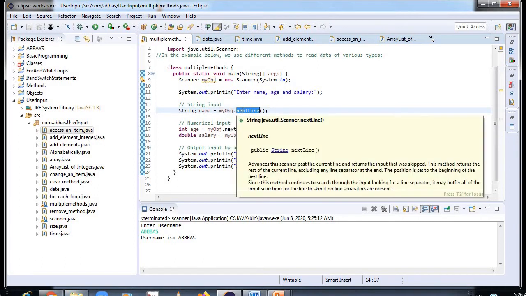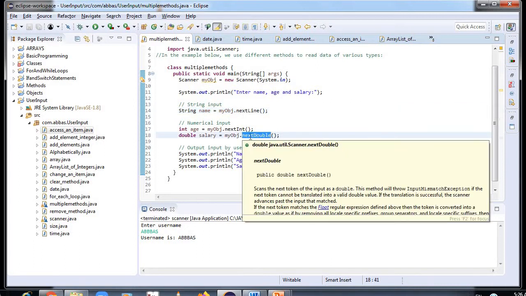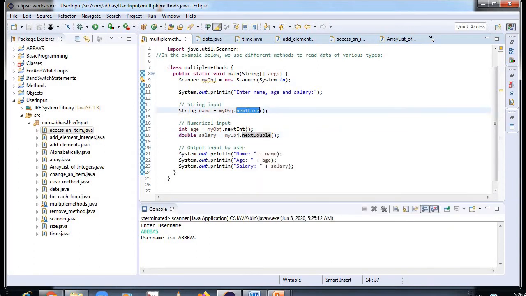Here I am using the nextLine method, the nextInt method, and the nextDouble method. nextLine is for the string. So three methods we have used: nextLine, nextInt, and nextDouble, and through the object I am using all these methods. So create a class, create an object, and then use the methods along with the object.